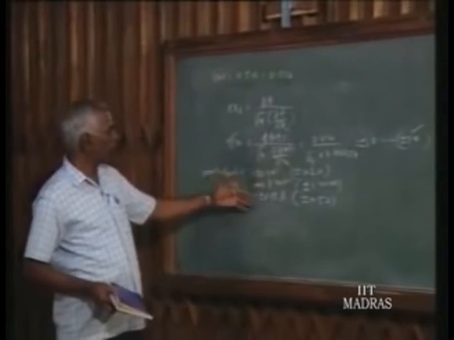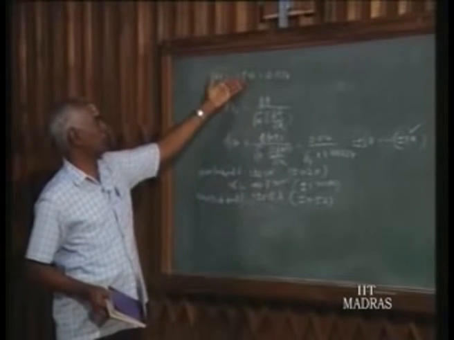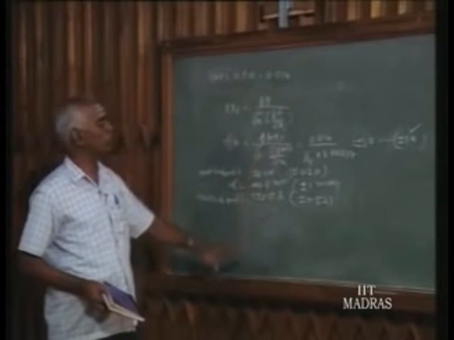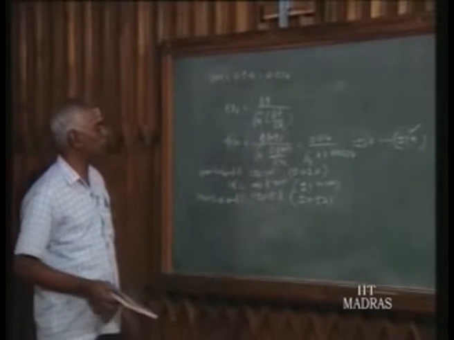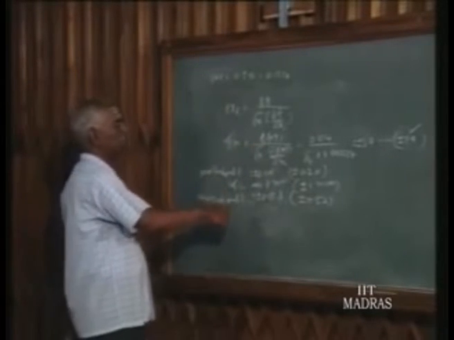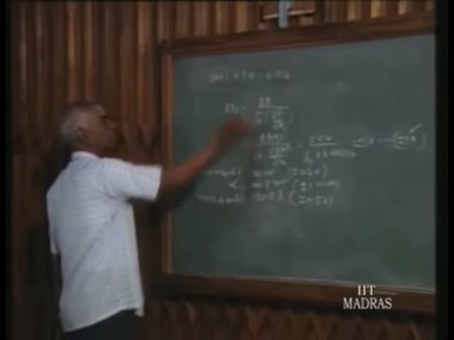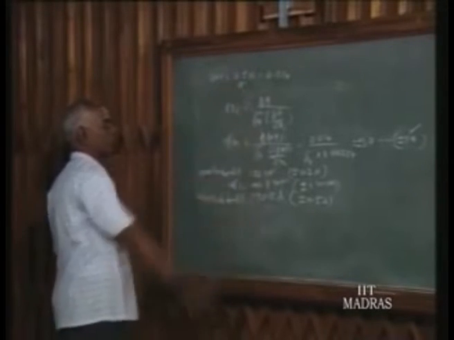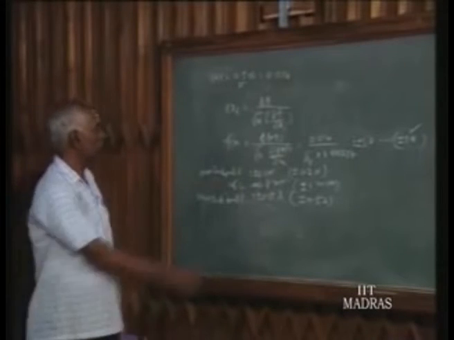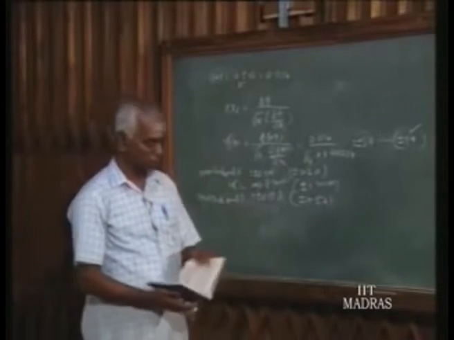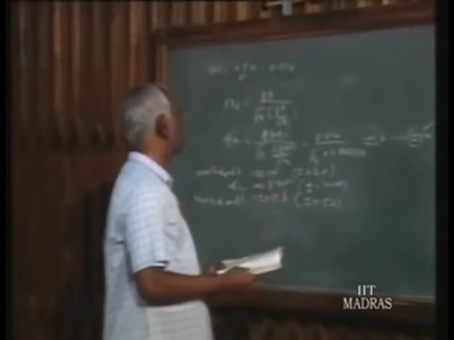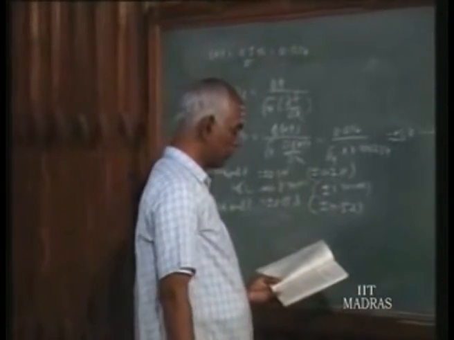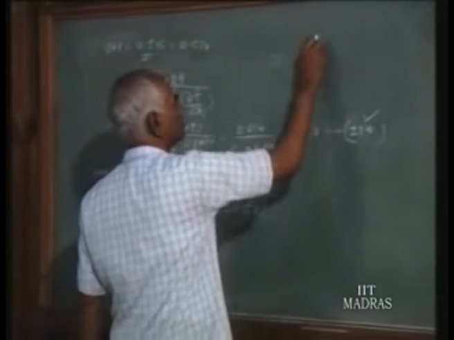So with the available instruments, again compute the error, and if it is within this limit we can do it. That is, by trial and error we arrive at the type of instruments, or the errors in the typical instruments as per availability, and then we check whether it is within the 0.5%. That is how we make use of these equations in selecting instruments for a particular computed error. Next chapter we go to dynamic characteristics of instruments.